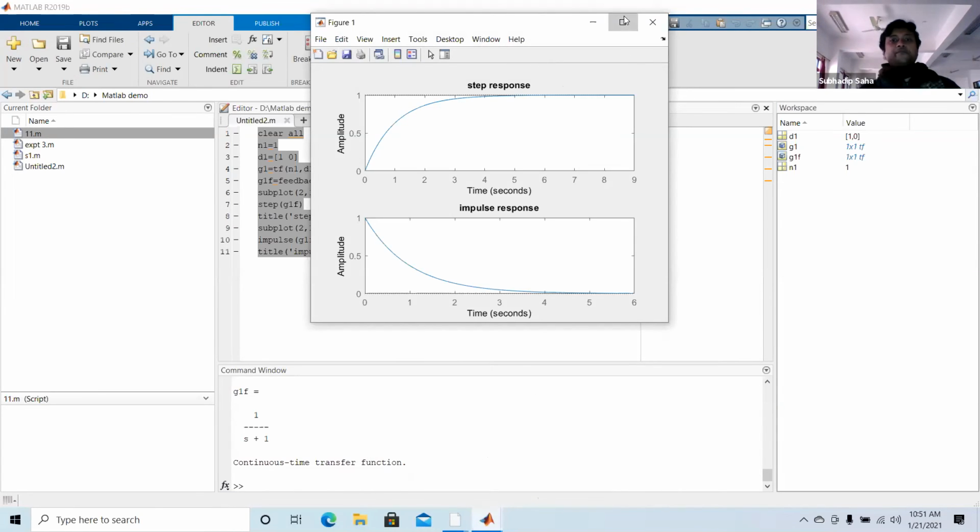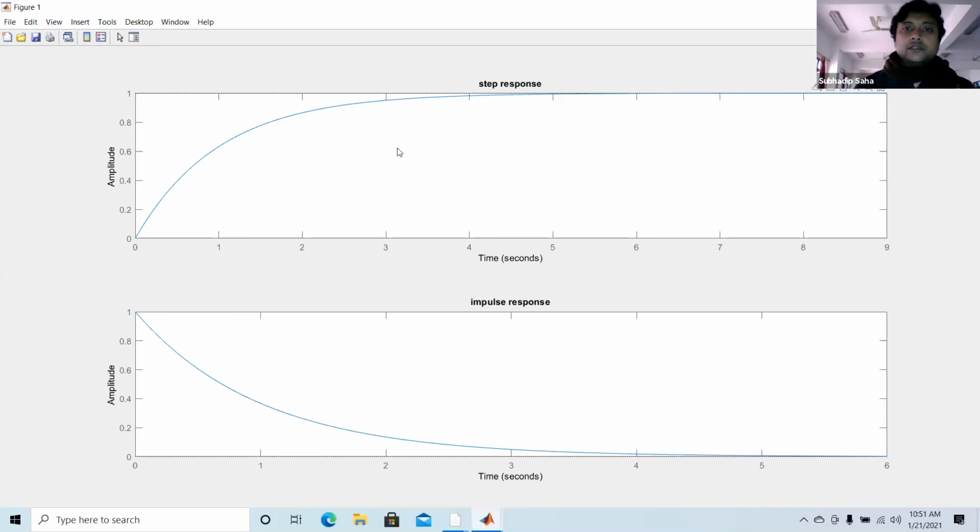If you see, this is the step response. Now you see the overall function becomes 1 by s plus 1. So when it becomes 1 by s plus 1 and we multiply by 1 by s for the step, the function will be 1 into 1 minus e to the power minus t. That's why the steady state value here is coming as 1 instead of 0.5.